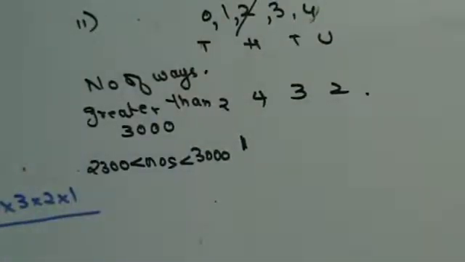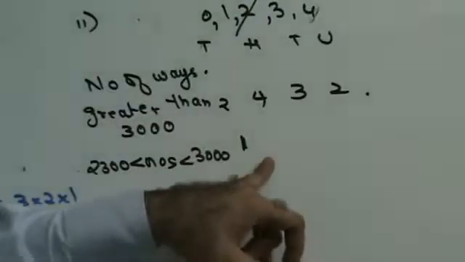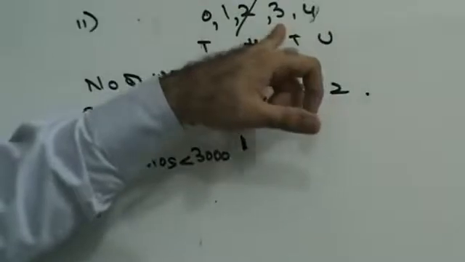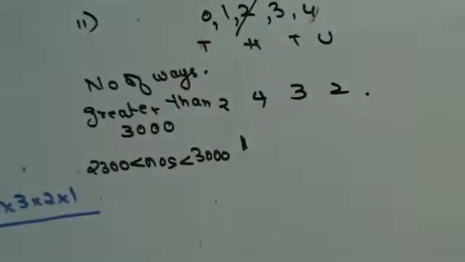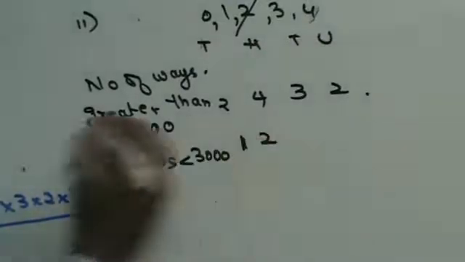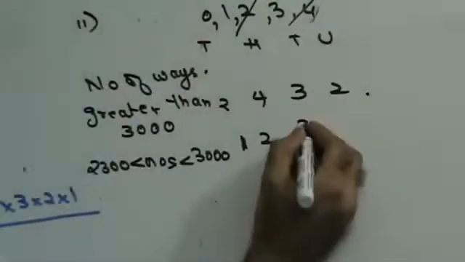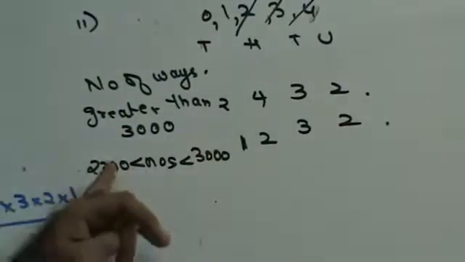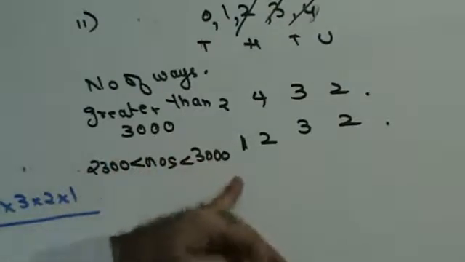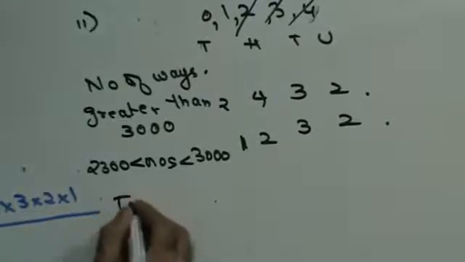Now if I want the number to be greater than 2300, in how many alternatives can I fill the hundreds place? Either I can fill it with 3 or I can fill it with 4. I cannot use 0 and 1 there, right? So there are two alternatives in which the hundreds place can be filled. So one more one, that leaves me with 3 alternatives. One more one, that leaves me with 2 alternatives. So this will give me all the numbers which are between 2300 and 3000, and this will give me all the numbers which are greater than 3000. So total number of ways